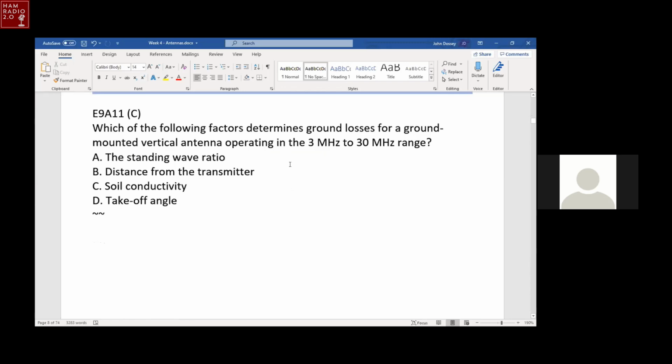Which of the following factors determines ground losses for a ground-mounted vertical antenna in HF? This is HF range. So what factors determine the ground losses? Soil conductivity